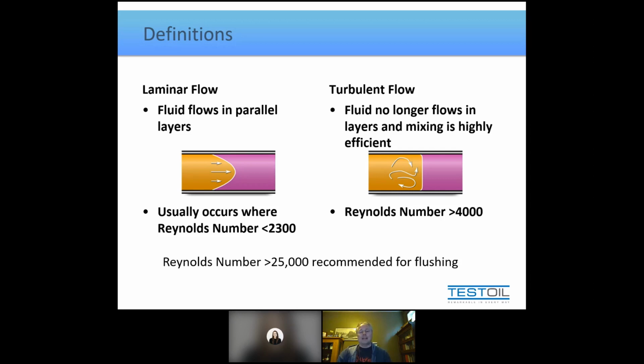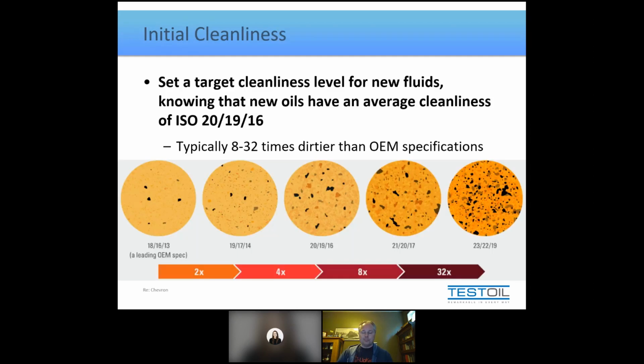But anyways, as I stated way back at the beginning, I said new oil is not clean oil. That is the big statement I need to keep reiterating until we totally understand that. So here's how I can try and prove it to you. If we take a look at the typical new oil deliveries, now this could be in plastic, this could be in steel, this could be in quart jugs, 5-gallon pails, 55-gallon drums, 250-gallon totes, bulk delivery.